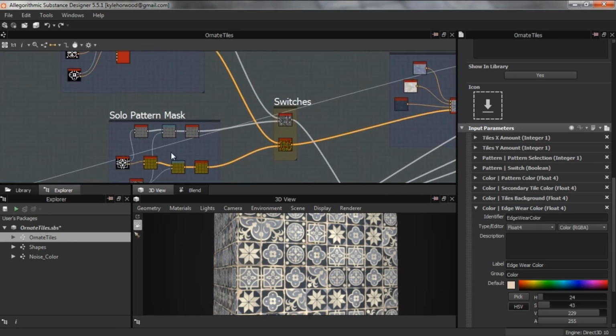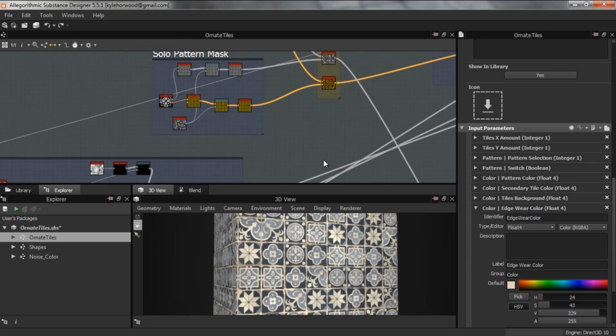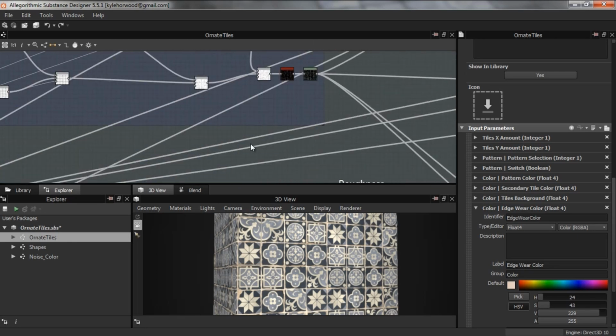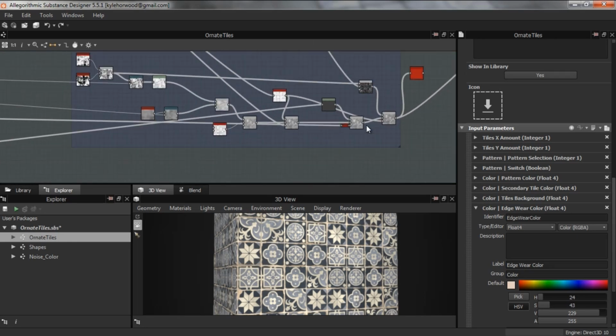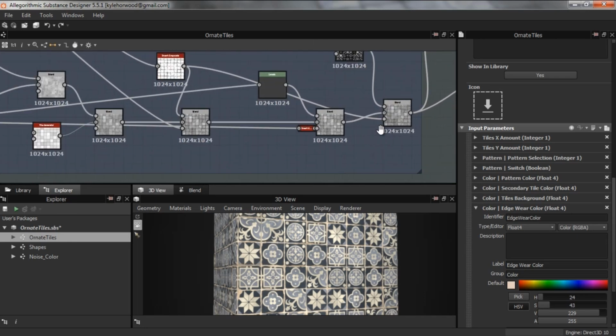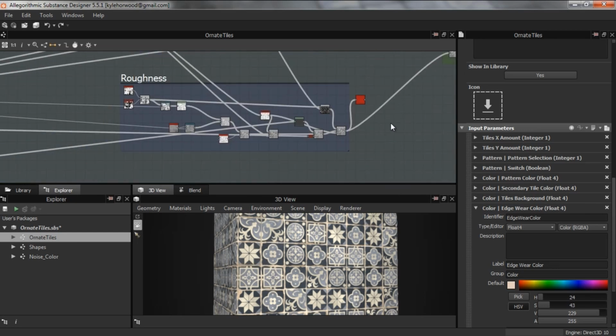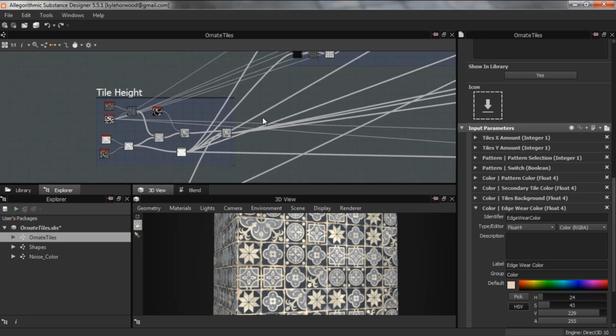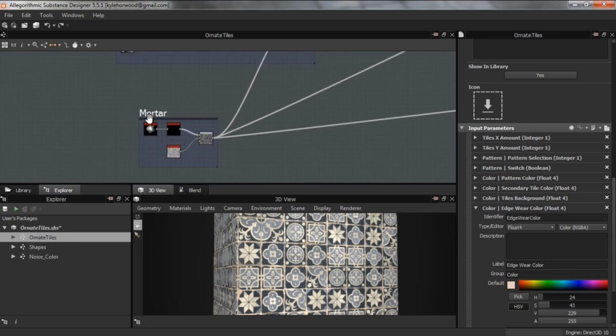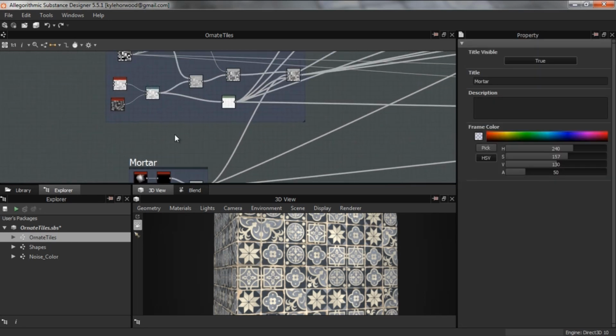So we have our switches, we have our patterns. So these will have their necessary stuff. The roughness, I don't really want to have any of this exposed. I kind of want to keep the roughness as it is. We can always have a levels at the end, which the third party can then edit to what they need. But I'm going to leave the roughness as it is and leave the rest as they are, because